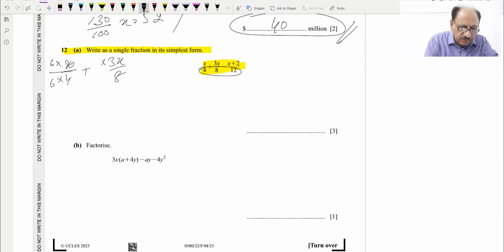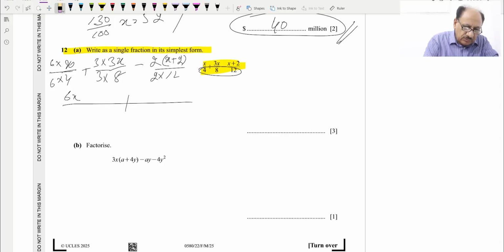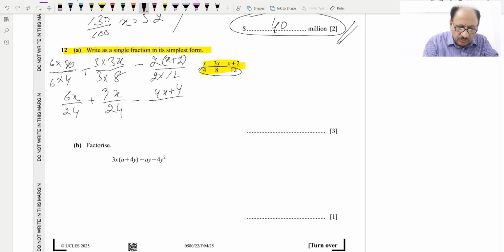We can multiply by 3, and this one also by 3, and then next is minus and x plus 2 over this will be 12, so we'll multiply by 2 and 2 here. So this will be 6x over 24, so we can write like this: 6x over 24 plus this will be 9x over 24, and minus this will be 4x plus 4 over this will be